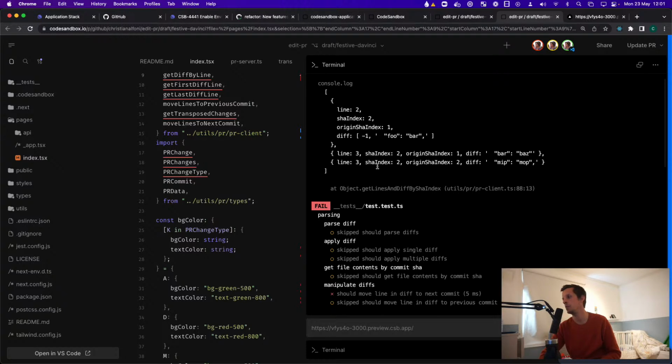And we know that by looking at the SHA index and the origin SHA index. And then, yeah, so what if we did that? And then we see